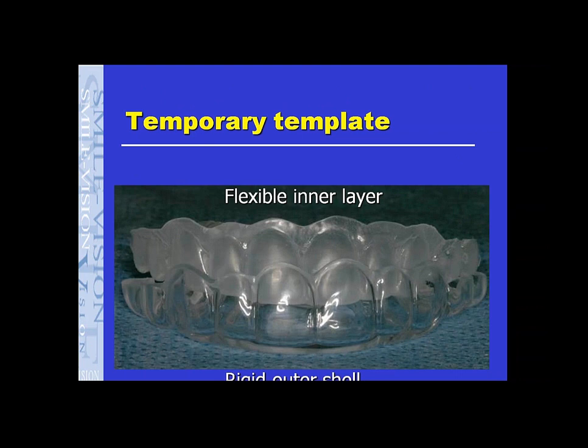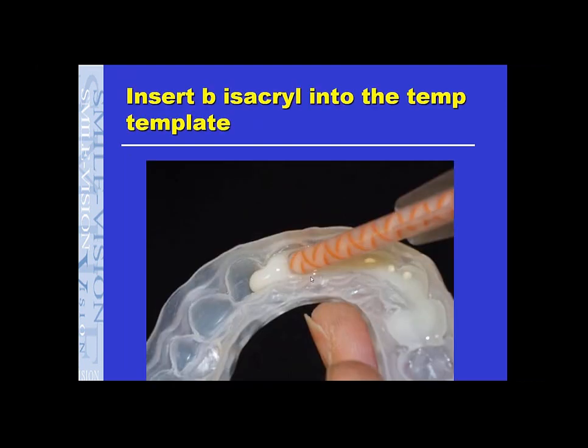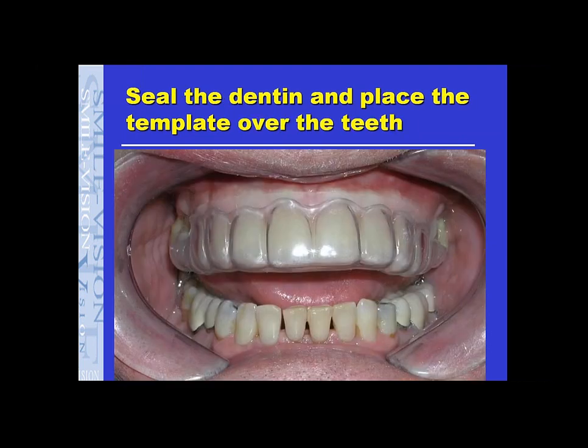Now, after you've prepped the case, you're ready to make your temporaries. We have a unique device that works very, very well. Here's your flexible inner layer. Here's your rigid, rock-hard outer shell. The flexible layer fits into the hard outer shell. You fill the device, the temporary template, with bisacryl, as I've shown here, careful to avoid bubbles,